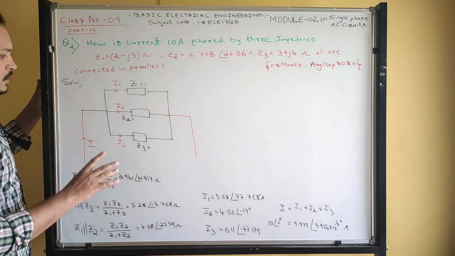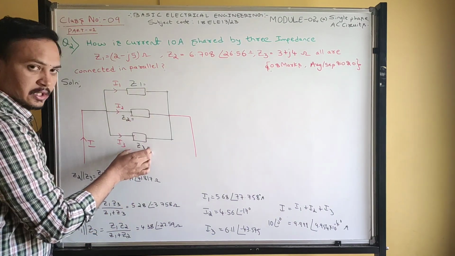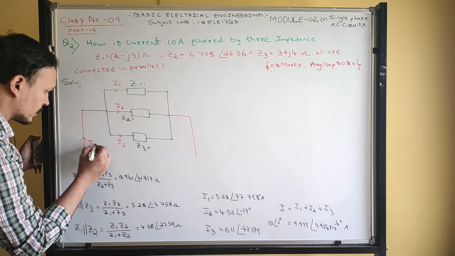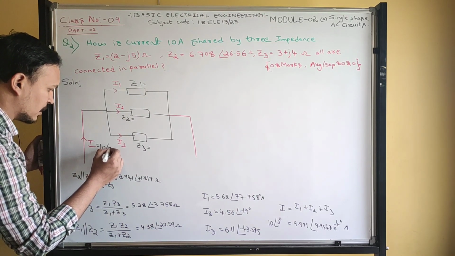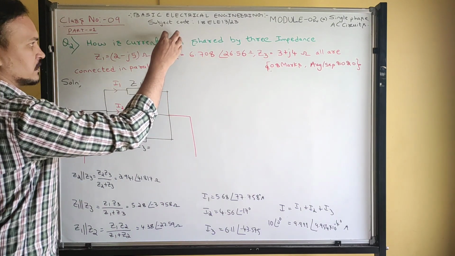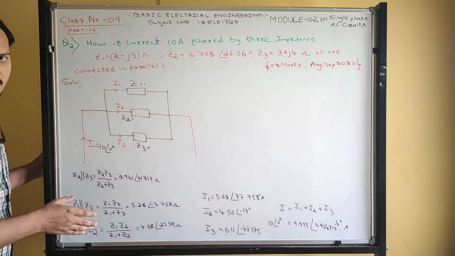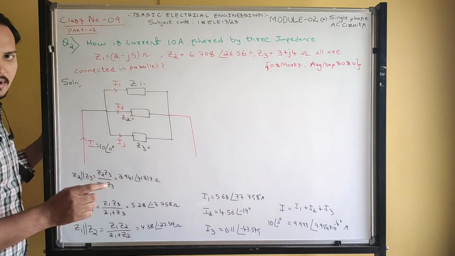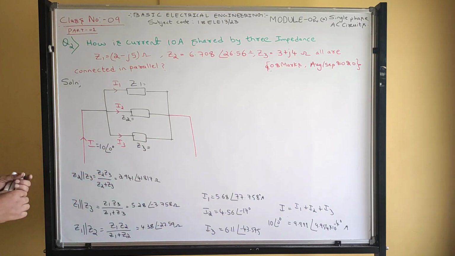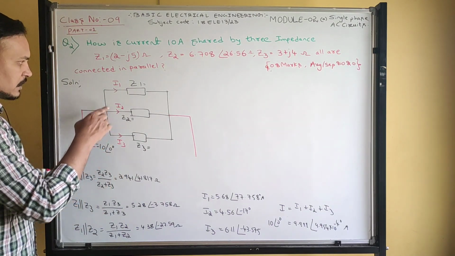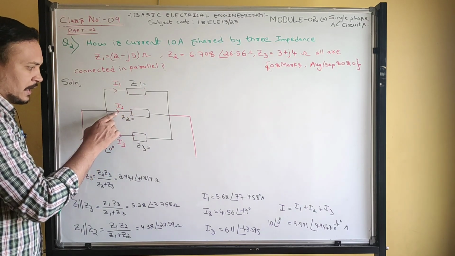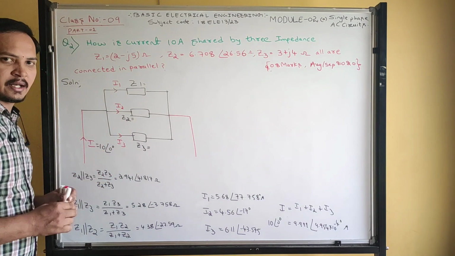Nothing is there. See, look here. 3 impedances Z1, Z2, Z3, all connected in parallel. Supply current is how much? 10 ampere. So supply current is 10 ampere at an angle of 0 degree, because this is the source, this is the reference. With respect to that reference, I am finding all the currents. Whenever the angle is not given, you should take the angle as 0 degree. Okay, 10 at an angle 0. Now this current will divide in all these branches. Some current flows in Z1 as I1, in Z2 I2 flows, in Z3 I3 flows.